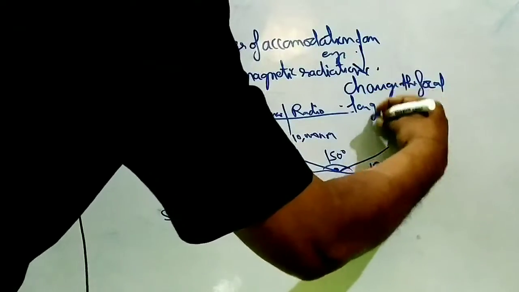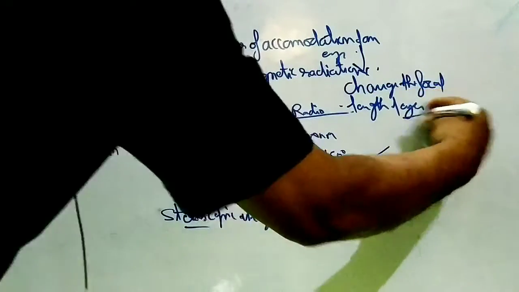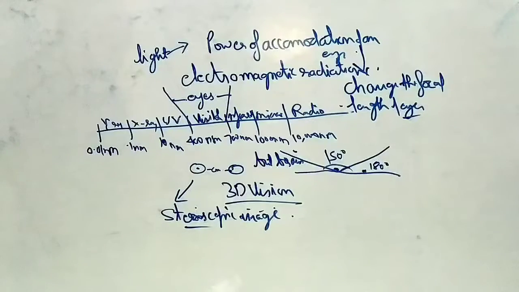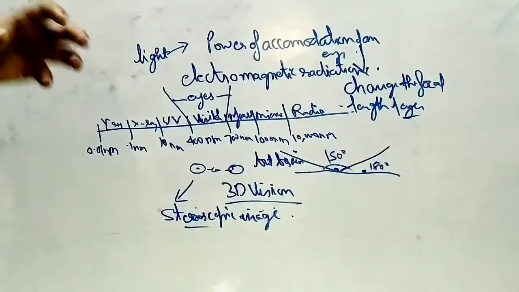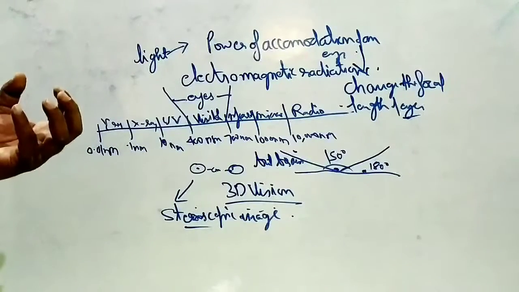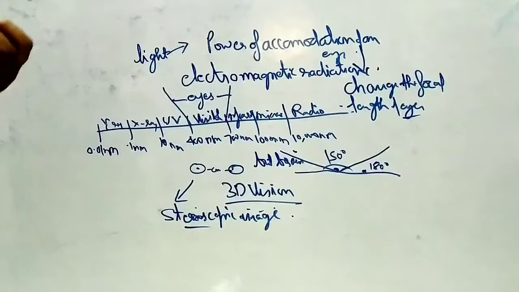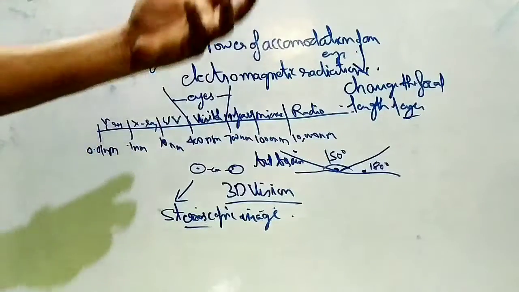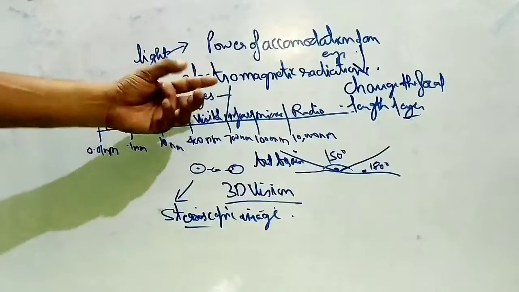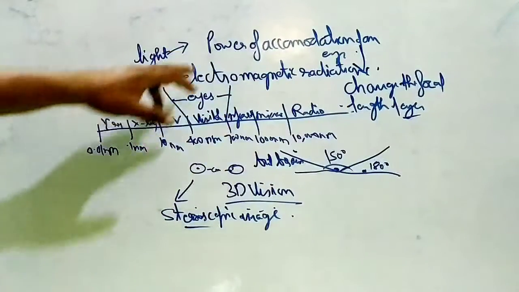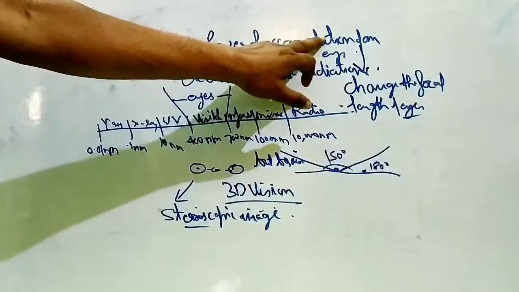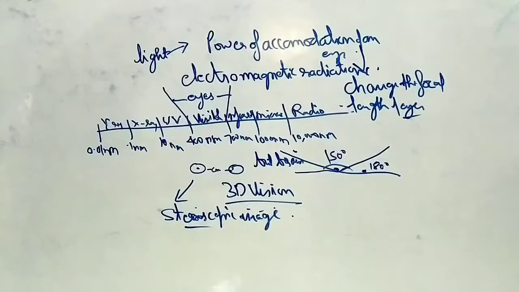What do we have to change? The focal length of the eyes. How can we change it? It works through our brain. The brain always works and changes the focal length. Suppose we want to view a near object, we automatically change our view. We contract the lens and we can view the object. We spread the lens when viewing a larger object. So the power by which we change the focal length of the eyes is called the power of accommodation. Power of accommodation is the strength to see the objects.